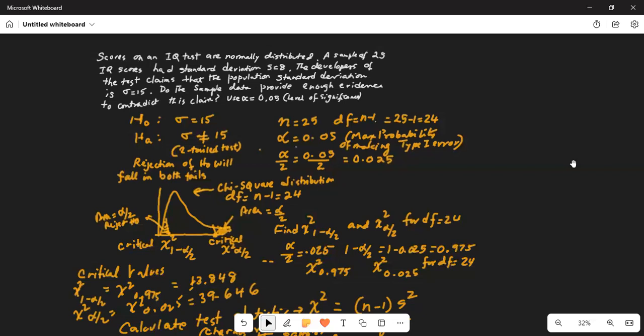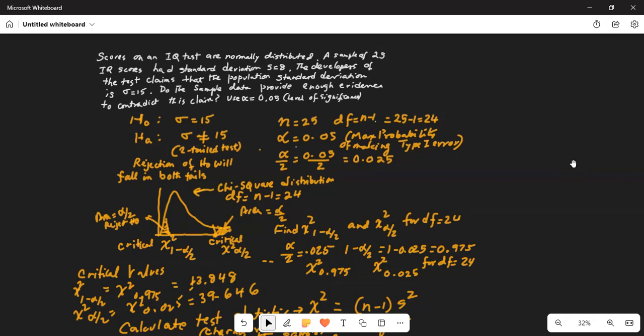Our n is 25, so degrees of freedom is n minus 1, which is 25 minus 1, is 24. Our level of significance is 0.05, which is alpha. That is the maximum probability of making a type 1 error. You ask, what is a type 1 error? Reject H0 when it is true. That is, in reality, we should not have rejected H0, but anyway, we are rejecting H0 and making a wrong